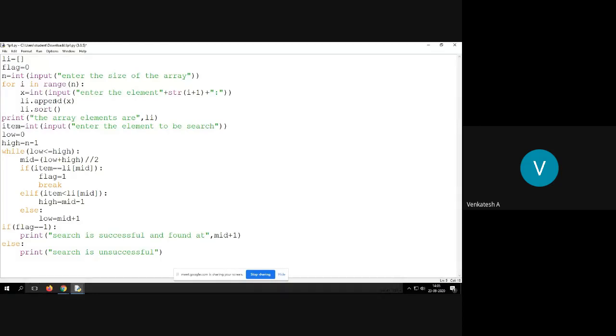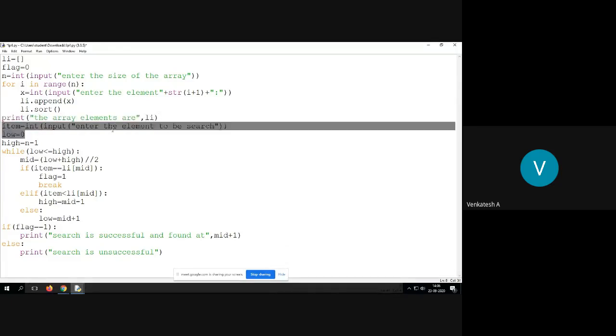In the first iteration, we enter one element and sort, so the total number of elements is 1 and it sorts that one number. In the second iteration, you read the second variable and add it using append, then once again you sort. That means each time you also sort it. Then print the array elements.